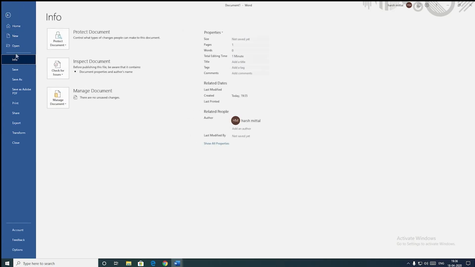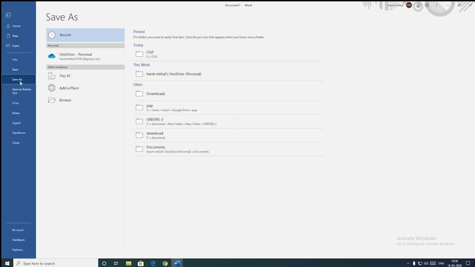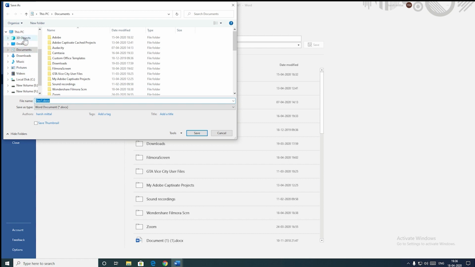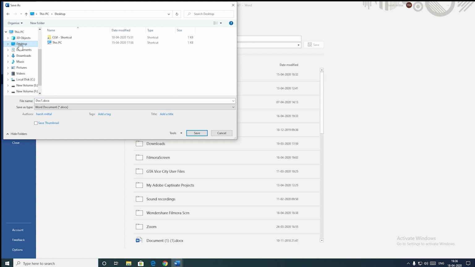File. Then we click on the Save As option. In the Save As option, now we have to locate where we have to save our document. So I'm going to save it on This PC. I'll click on Browse. In Browse, I get a Save As window. In the Save As window, I'll go to Desktop. In Desktop, I'll choose my folder, the folder which I had created last time. I'm going to choose that folder, and in this folder, I'm going to give my document a name, that is Shopping List.